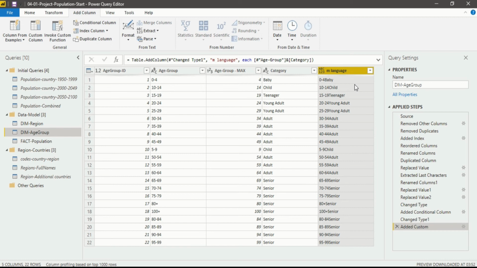Now you can see the new column has been created, in which we used M language to identify our data set. Now we have to make a few changes, like I want to create a space between them. How to do that? For that, you can make changes in our coding directly from here also.